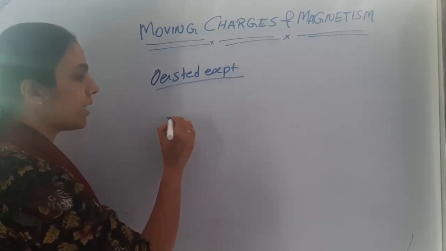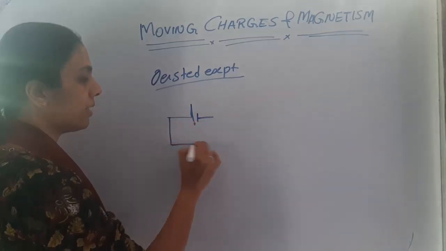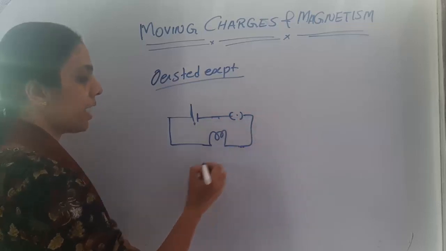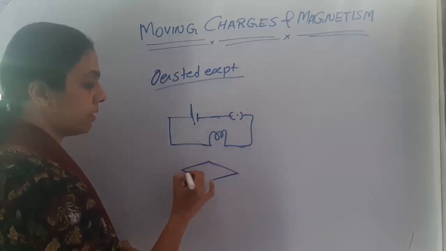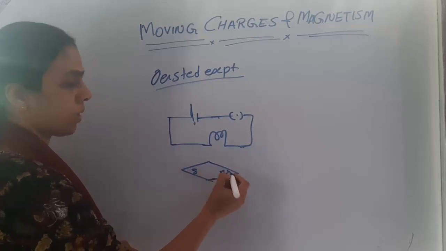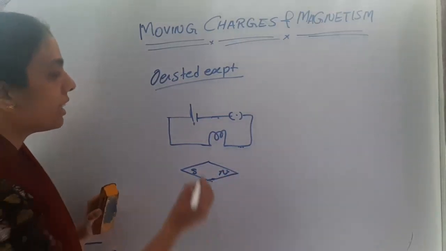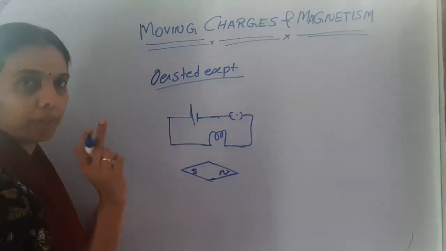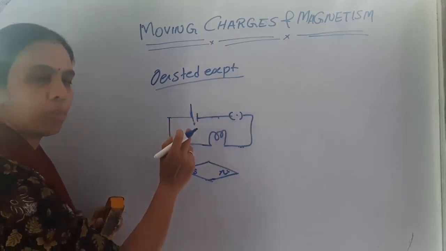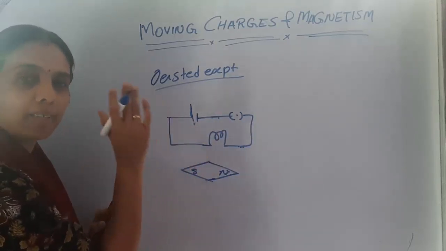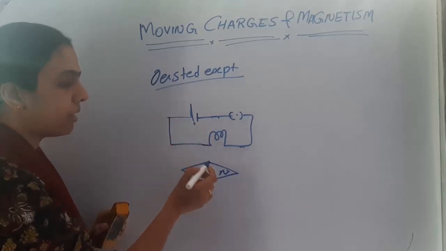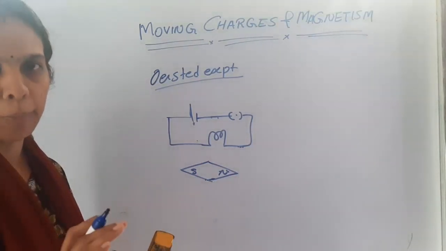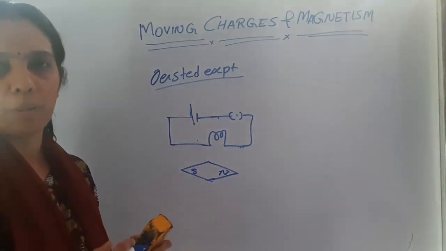When a current carrying conductor is there, see here, this is a current carrying conductor and I am keeping a magnet over here. This is south, this is north. This is the magnet and it will be deflecting, because when a magnet is near another magnet, deflection will happen. So when current is passing through the conductor, it will act as a magnet also. It will have some magnetic effect. So there will be two magnets together nearby, and when they come close, a deflection will happen.